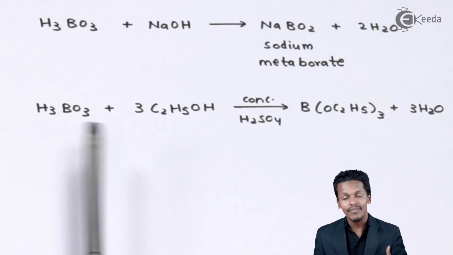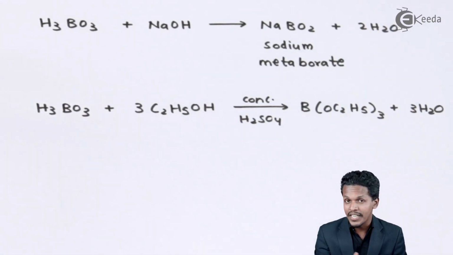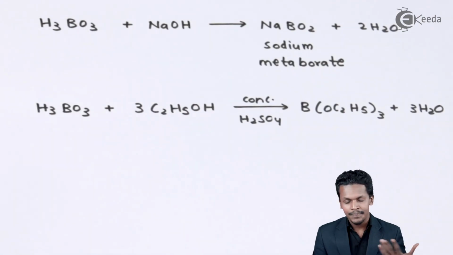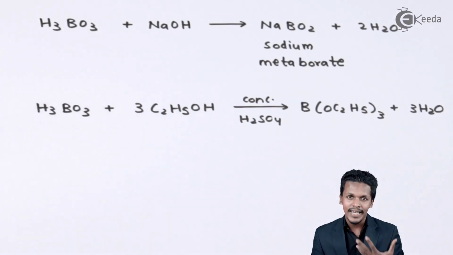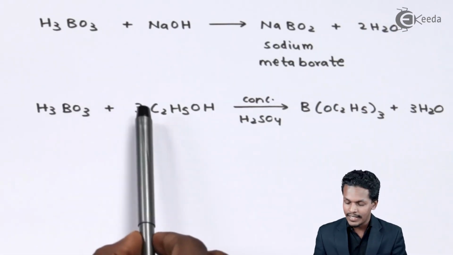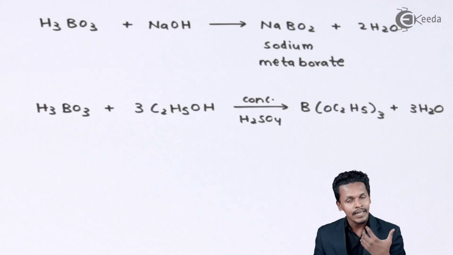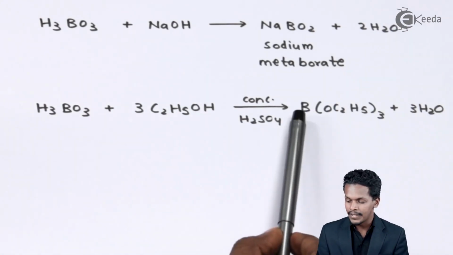And this is the thing that we did earlier. Whenever borax is treated with sulfuric acid, it forms orthoboric acid, and that undergoes a reaction with alcohol to obtain a volatile substance. This is the reaction where the orthoboric acid, when treated with ethyl alcohol, forms a volatile substance, and on burning, it will form